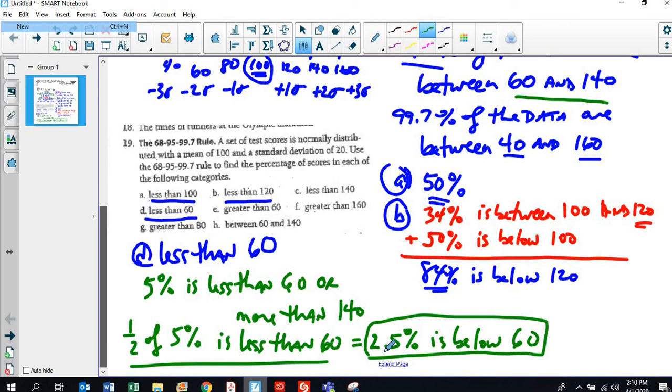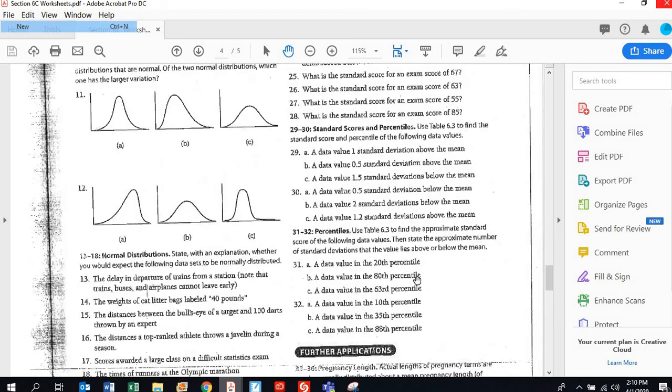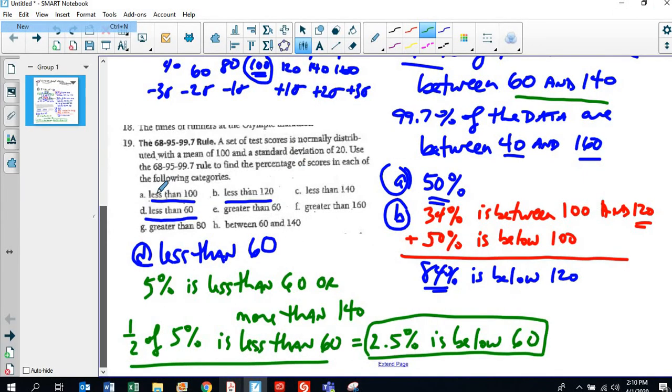What I'm going to want you to do is work through these problems on your worksheet. Your worksheet is all together, but specifically we're looking at problems 16 through 24. Sorry, 19. So 19 to 24 are the problems on your worksheet that specifically deal with that. That's a worksheet copy from your book. And then the very last page of your worksheet